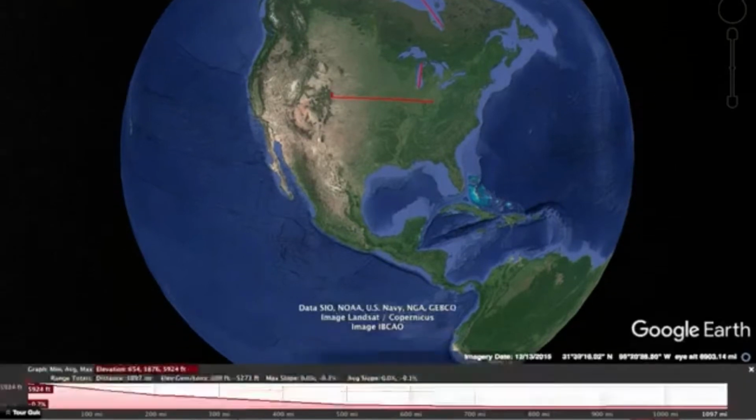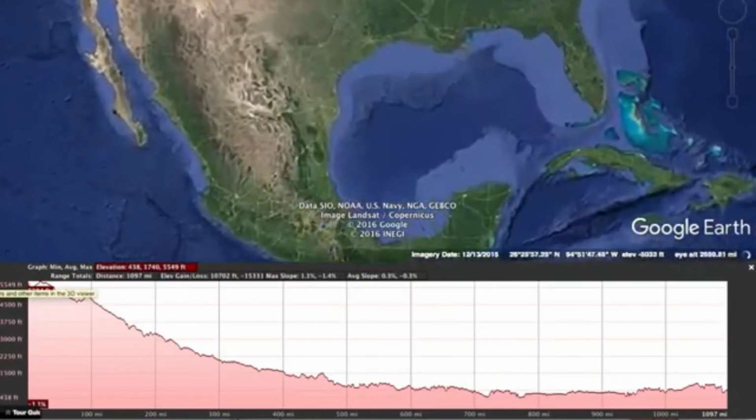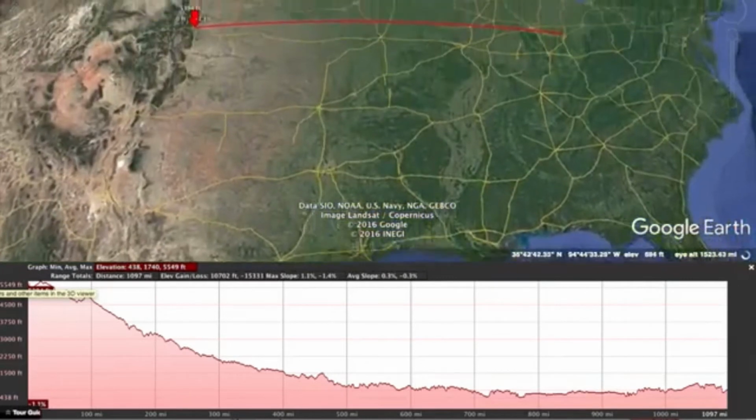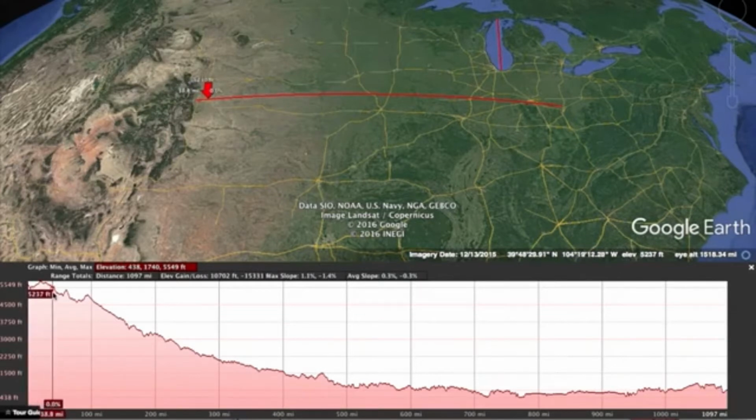And I want to show you something very interesting. When I choose to show the elevation cross-section, you can see it's basically this red line. The starting point at my dad's house is 5,394 feet above sea level. And he's in Denver, Colorado, which is the mile-high city, so that's what you would expect. But then as you move east, and you can see the red arrow move east as I go that direction,